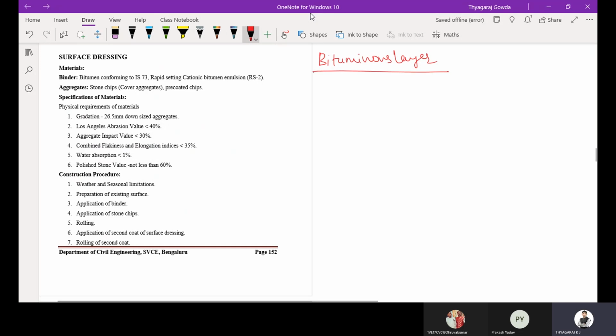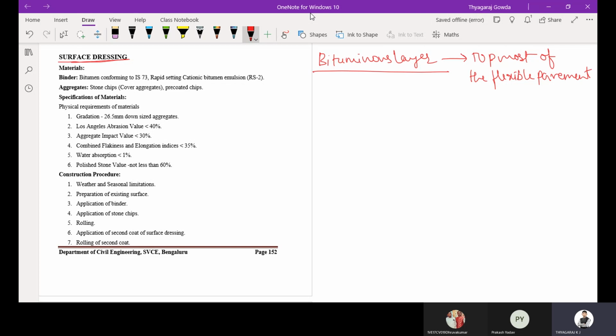As we all know, the bituminous layer means the topmost layer of the, is it rigid pavement or flexible pavement? It is flexible pavement. So the topmost layer of the flexible pavement is the bituminous layer, and the first thing we have to discuss is surface dressing.